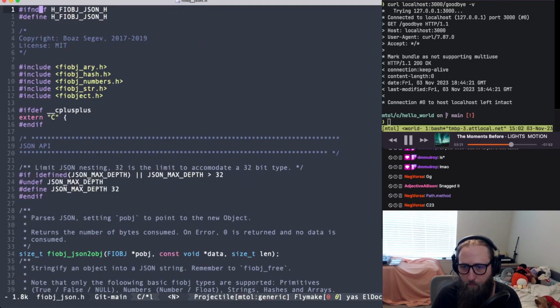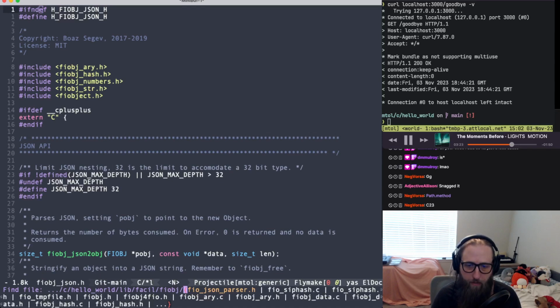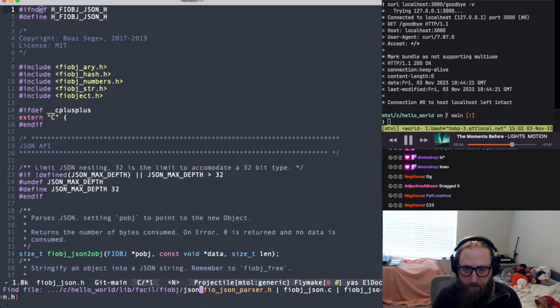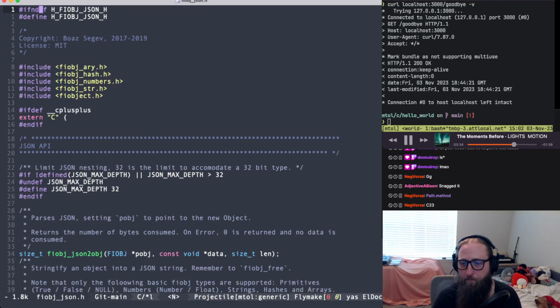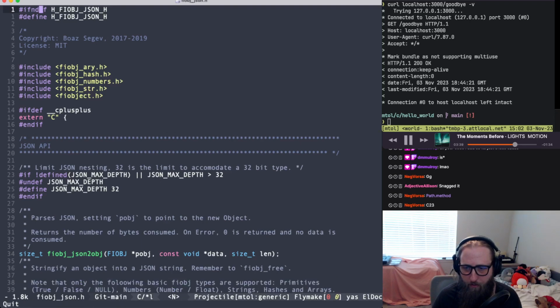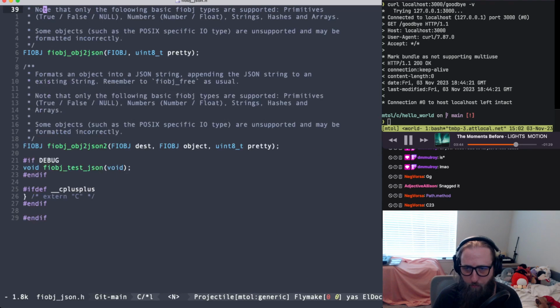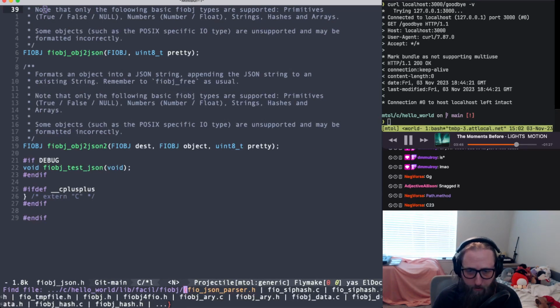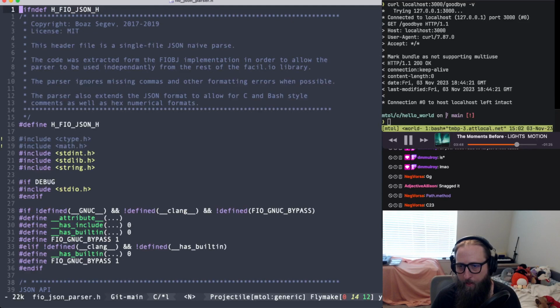Okay, well, let's see what else we've got with the name JSON in it. Probably this fiobj JSON. That seems like a good call. Let's look at the header file there. That's the one I'm on, really? No, I'm on JSON parser. Wait, no, is this the same one? I mean, I'm just dumb. Yep, I'm dumb. We're good. Okay, it's the JSON parser, but